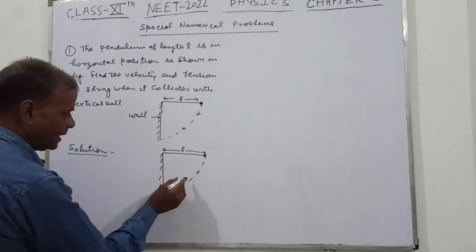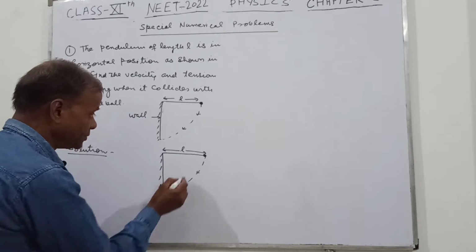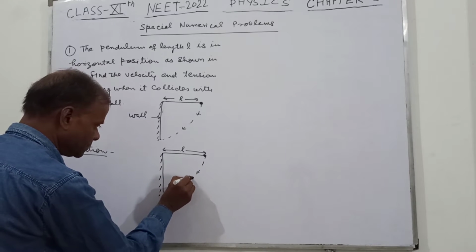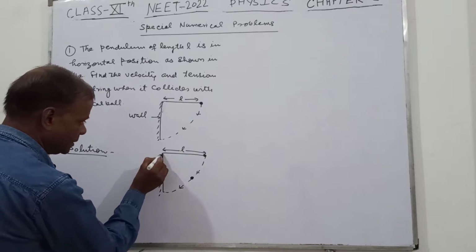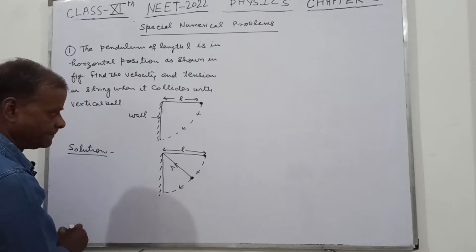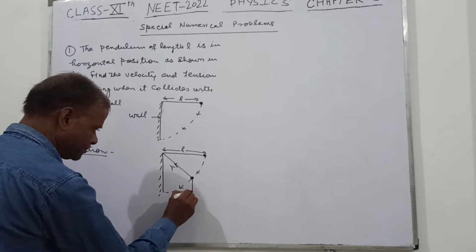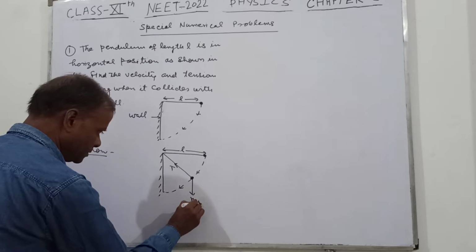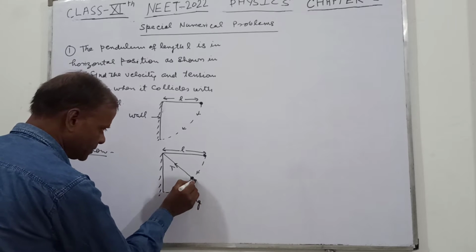Let at any instant this ball is in this position, and the tension in the thread is suppose T. Now it has the weight mg,